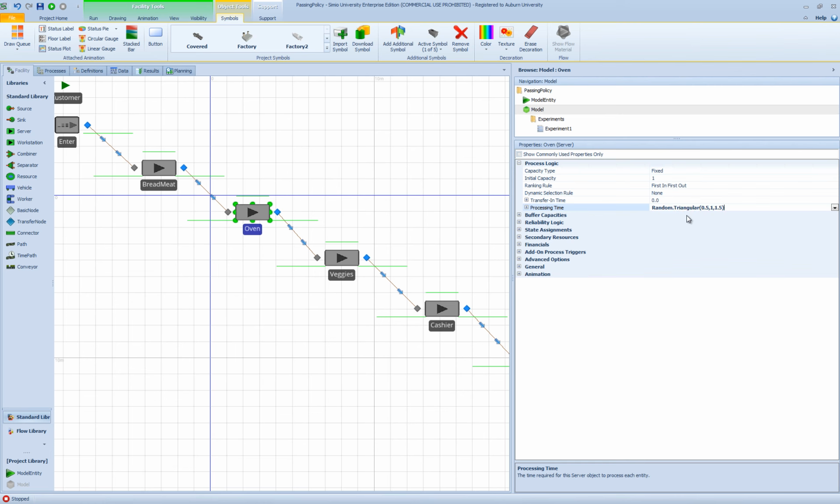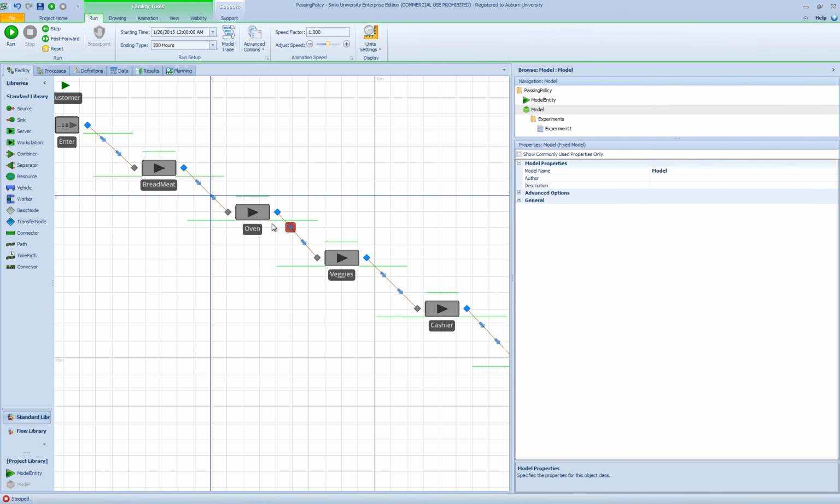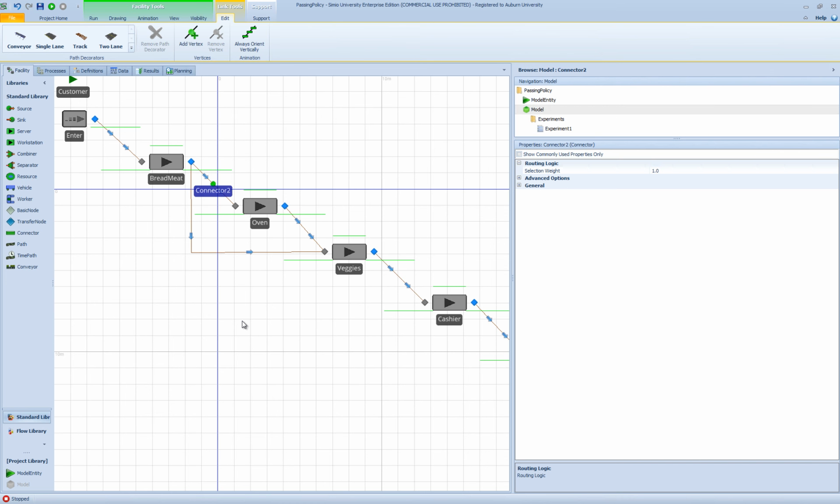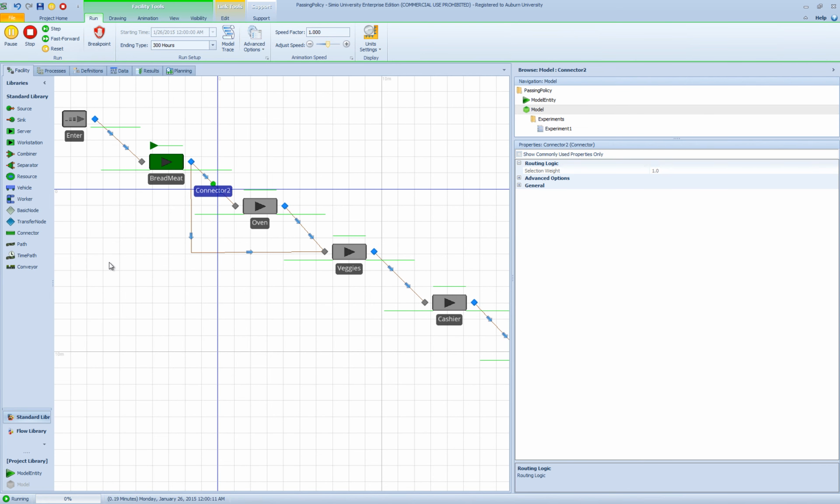It will just be the processing time for my hot customers. The next thing I need to do is add a connector that goes directly from the output node of the bread station to the input node of the veggies station. Now when I hit run, what happens is Simio sends 50% of the customers